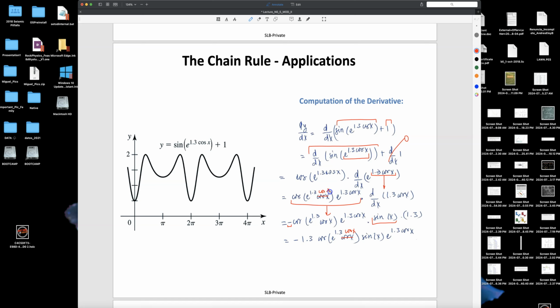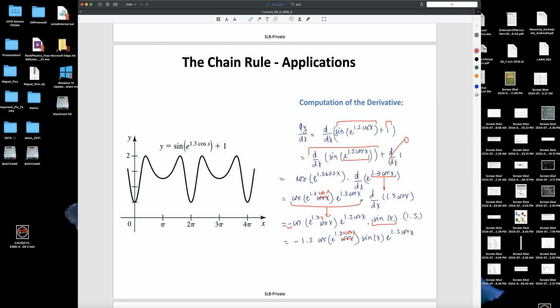It's part of the exponent, as I made here. Okay, is this one, and this cosine is multiplied by 1.3. Okay, so it's that one. The sine function